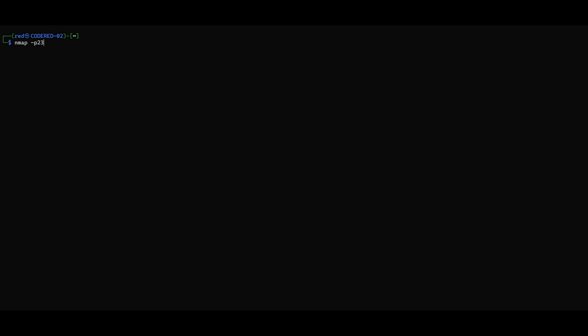So instead of this tag, we could do -p-, and that would run all 65,500 some ports on the target. Okay. But for us, we want to look just at that Telnet port, that -p23. And then I'm going to put in the service tag. So that's -sV. What that says is it tells Nmap to get the service version of the services that are running on that target. Okay. So now, if I put in the target IP address,